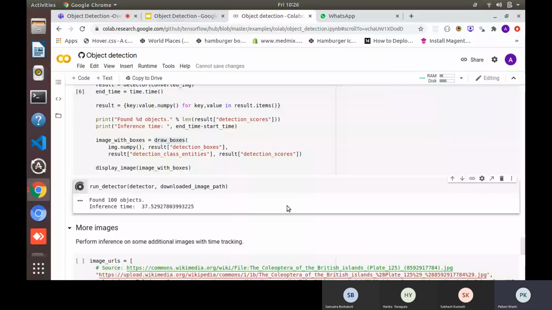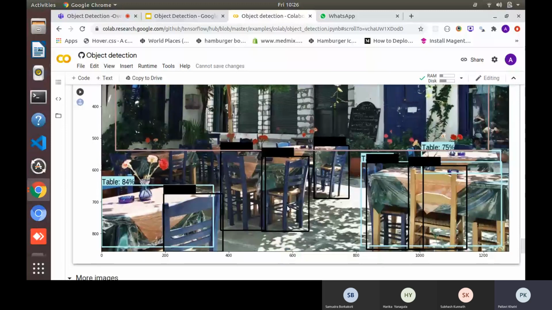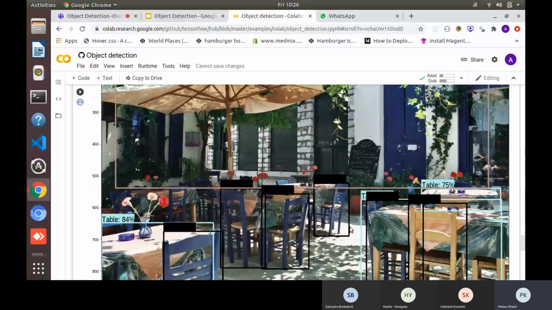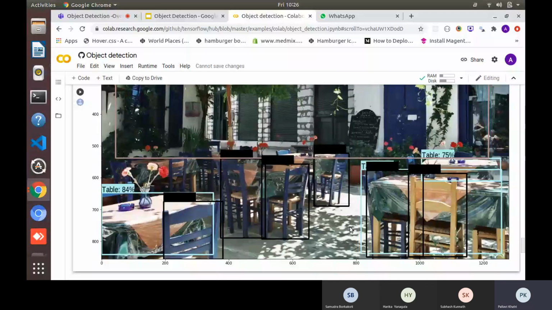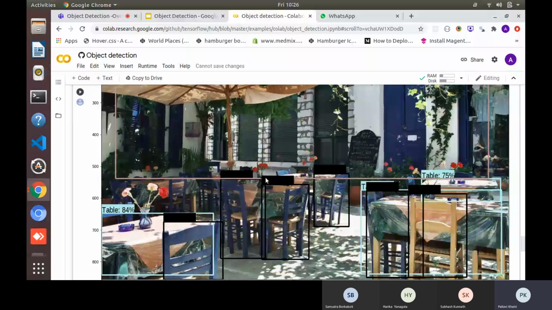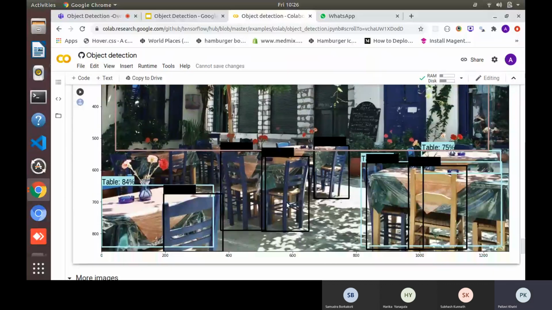So now it is drawing the image. Yeah. So if you see here on the image, it identifies this as a table. This is a chair, and somehow labels are not appearing, maybe because the text is also black. And this is a tree. So if you see, so many objects are identified here. The black boxes are chairs, then these are tables, and this is a tree.